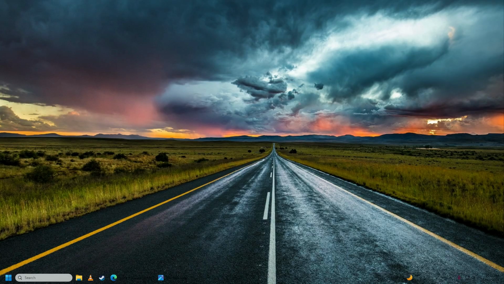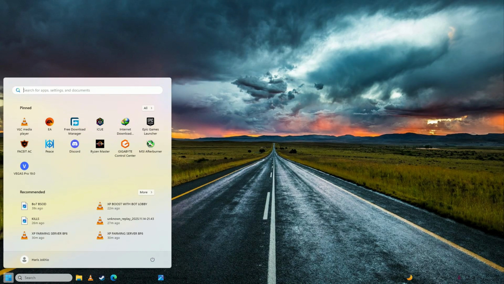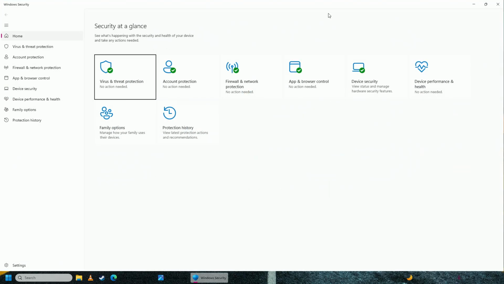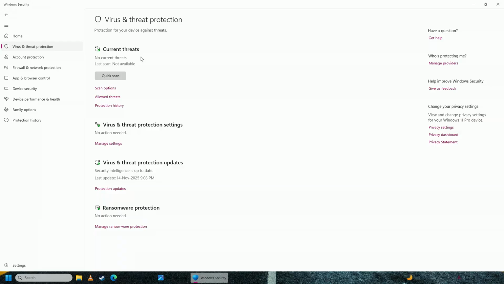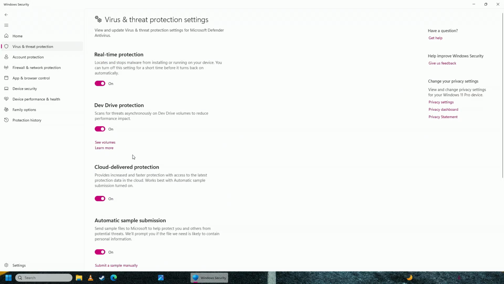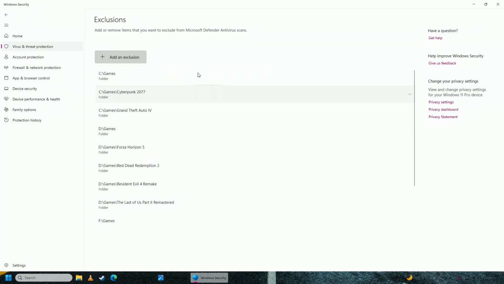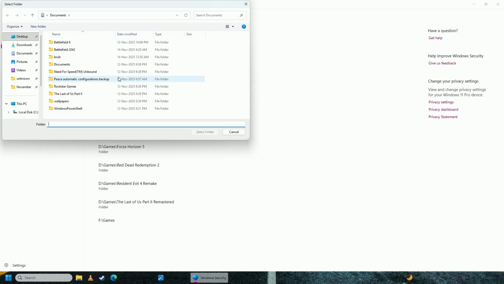So first off, you're going to open up your start menu and write here Windows Security, and here you're going to go into Virus and Threat Protections first, you're going to go into Manage Settings here, scroll down, click on Add or Remove Exclusions, click Yes on here, click Add an Exclusion, click Folder here, and